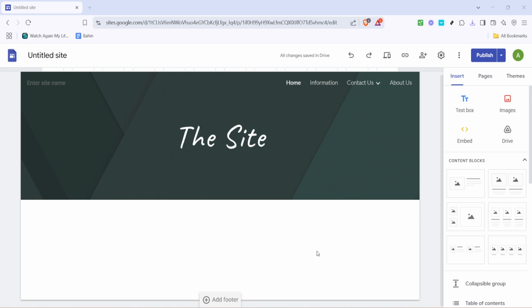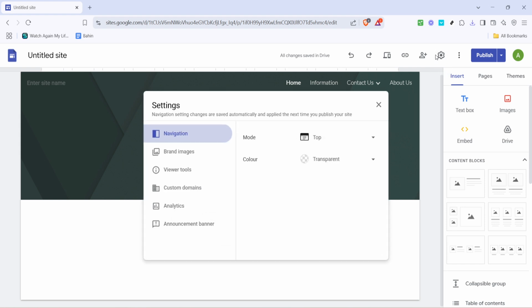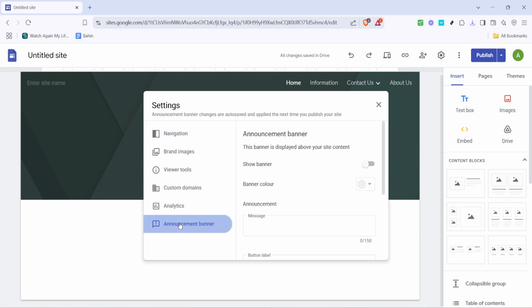Let's dive right in. First, you need to open your site where you want the announcement banner to appear. Once you've opened your site, head to the top right corner of your screen where you'll find 3 vertical dots. This is your options menu. Clicking this will reveal a drop down with several functions related to your site settings and adjustments. Once you see that list, what you're looking for is the announcement banner option, so go ahead and click on